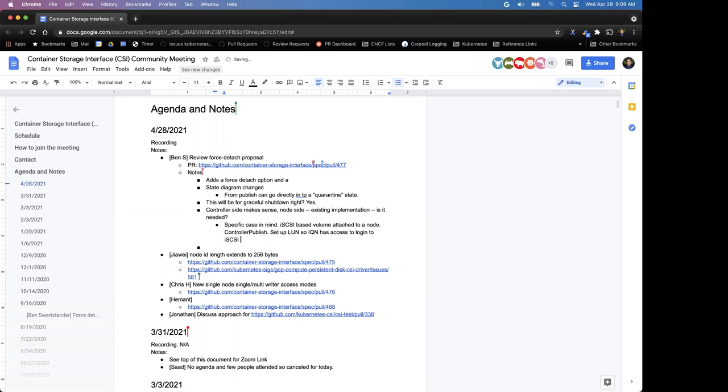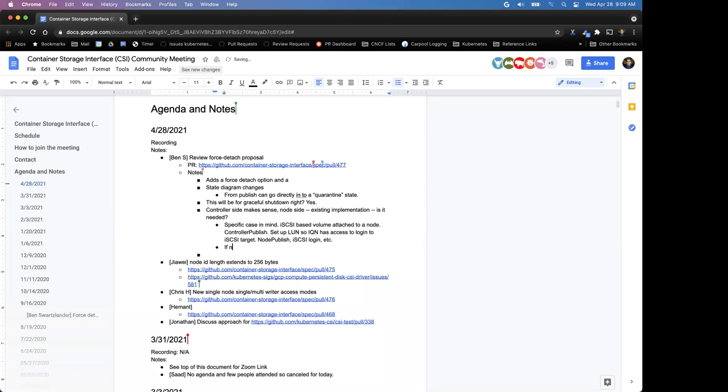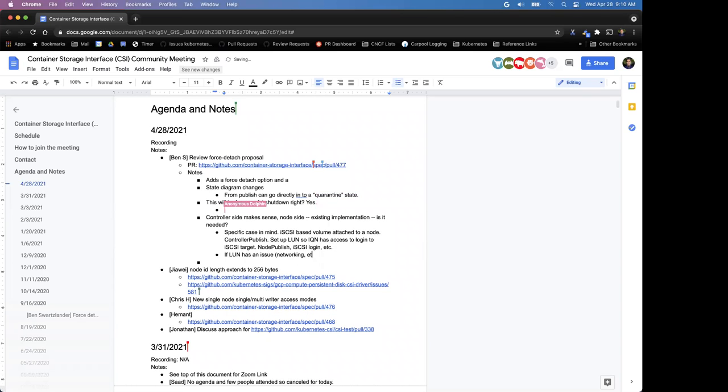And then when you do the node stage and node publish, somehow the iSCSI initiator logs in, sees the volume, mounts it, formats it, and hands it off to a pod, and away you go. Now, if that node goes out to lunch for whatever reason, you know, some services get killed on the node, the NIC has problems, there's a network switch error, all the various reasons that you can't talk to that node, some controller on the CO side might conclude that the pod is probably